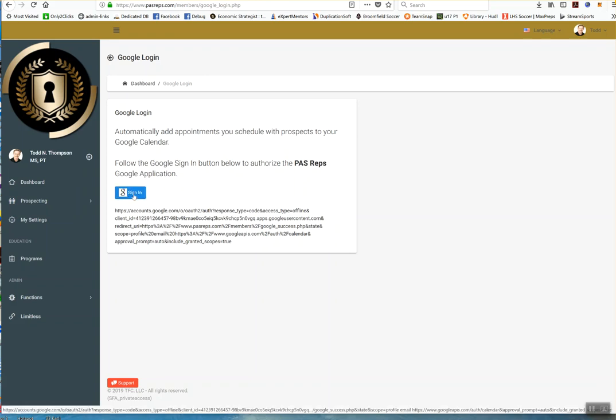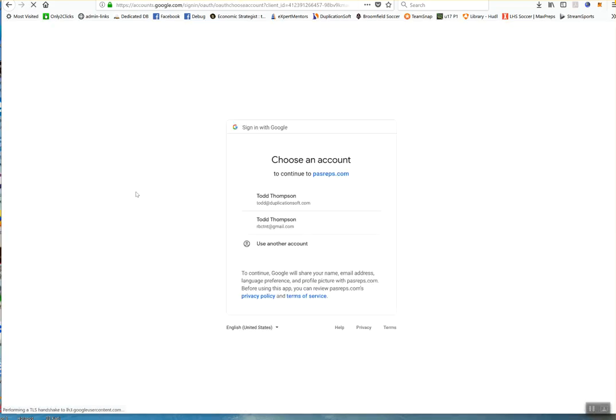So I'm going to go ahead and follow this process, which takes me to this screen, choose an account. I'm going to click on this, but I do want you to know that I've done this several times already. And the last time I tested this, because I was trying to get this flow right, it didn't show me the next screen. It just took me right through to the authentication and then back to my site. So I'm not sure what it's going to do here, but normally it would take me to one additional screen